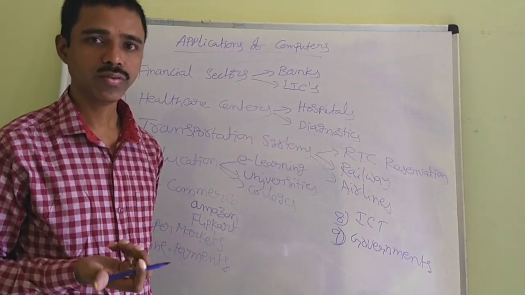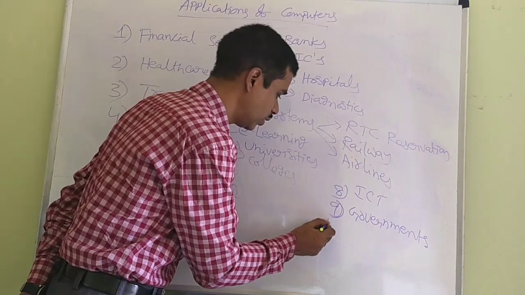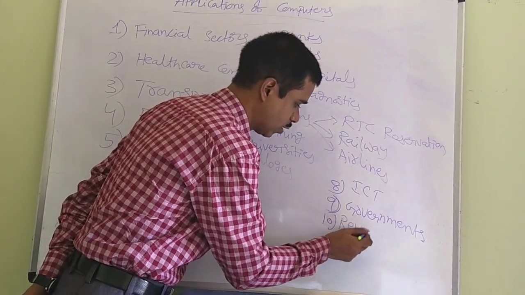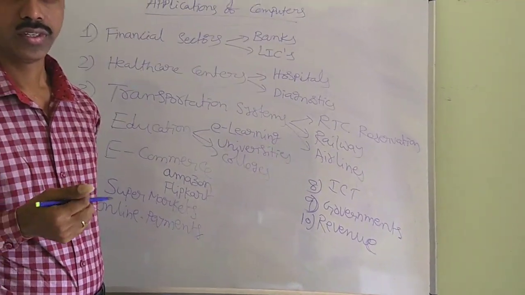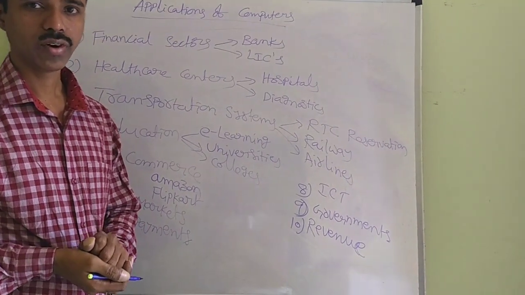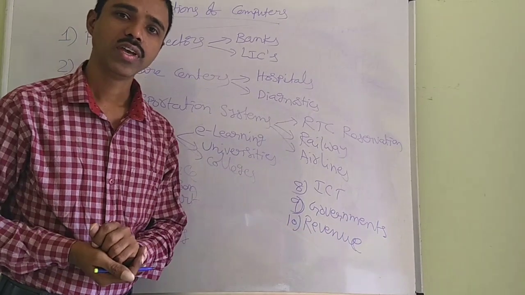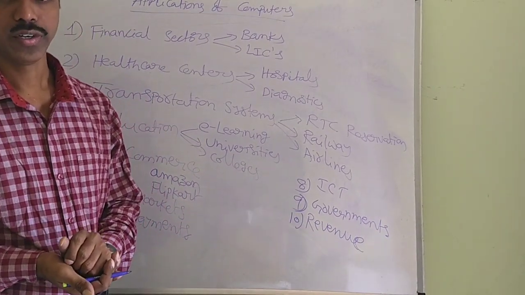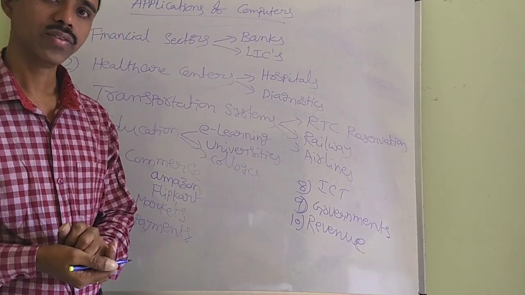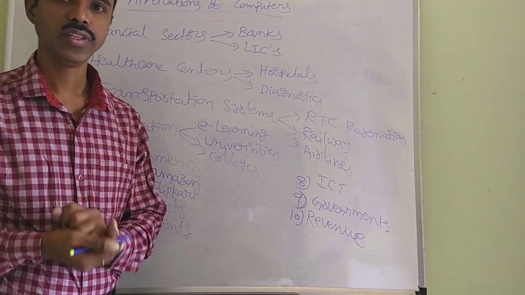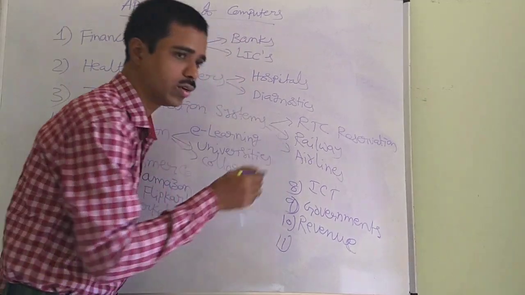Why? Because everything is now online. Similarly, the most famous area where our government is using the computers is revenue. To maintain the land records of the farmers, they are using computers in the revenue offices, like MROs, Tahsildars, etc. They are using the computers to store the most confidential land records information related to the farmers who are staying in various villages, related to agriculture, as well as in the towns, they maintain the apartments data. In the revenue system, that is the most famous use.